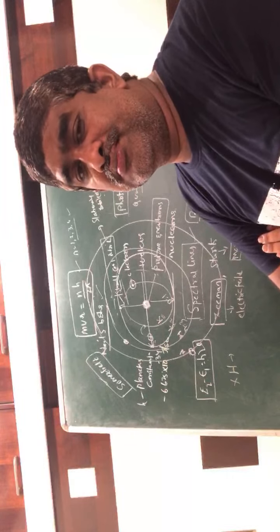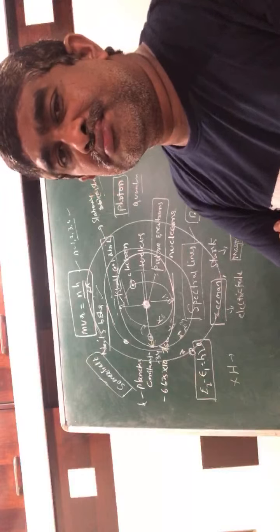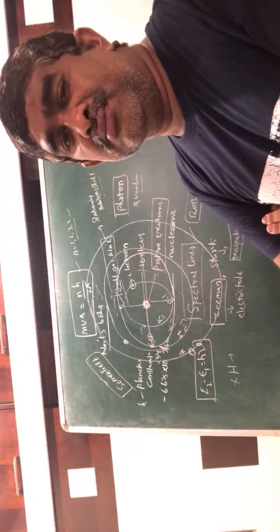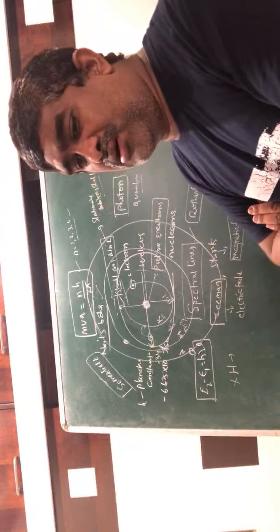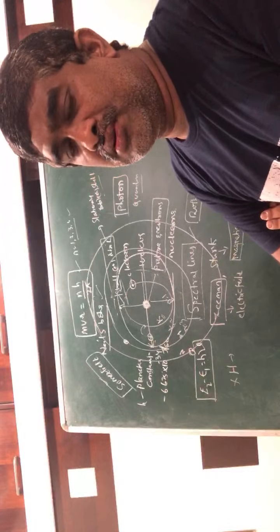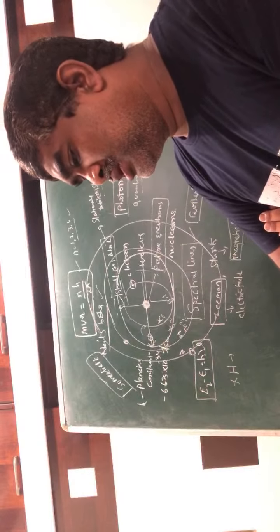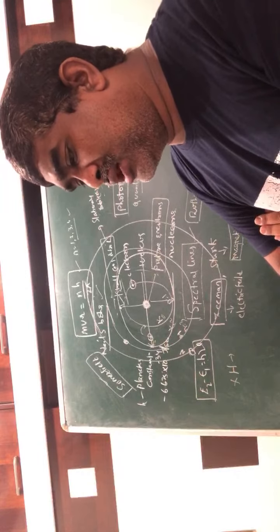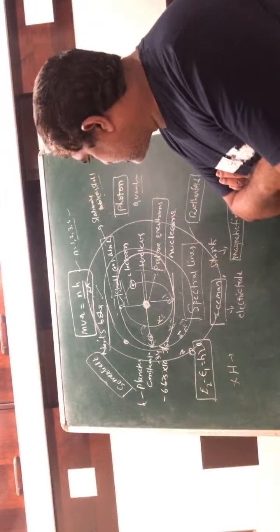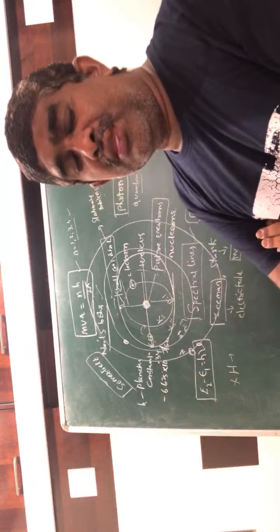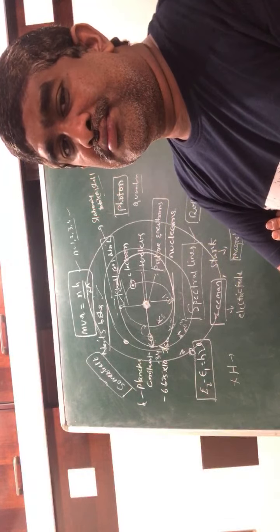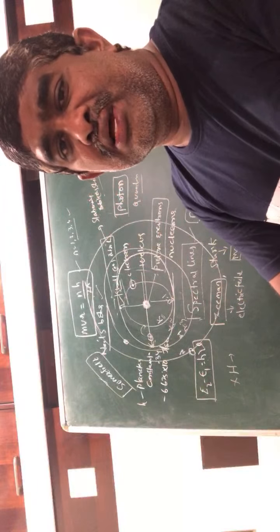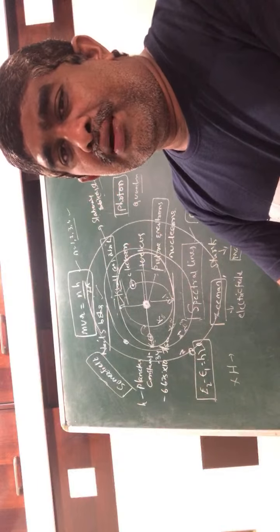As long as the electron revolves in a stationary orbit or a stationary shell, its energy is constant. Third point: when an electron jumps